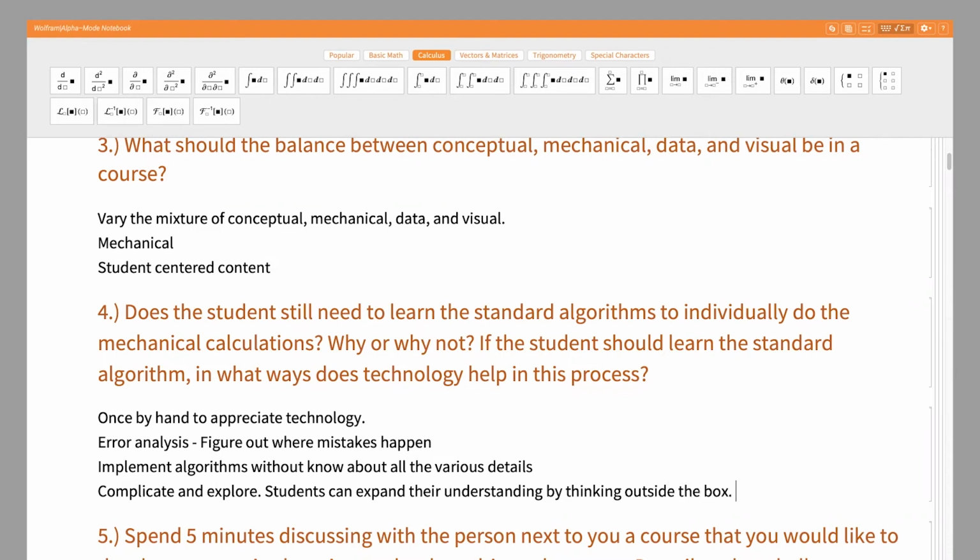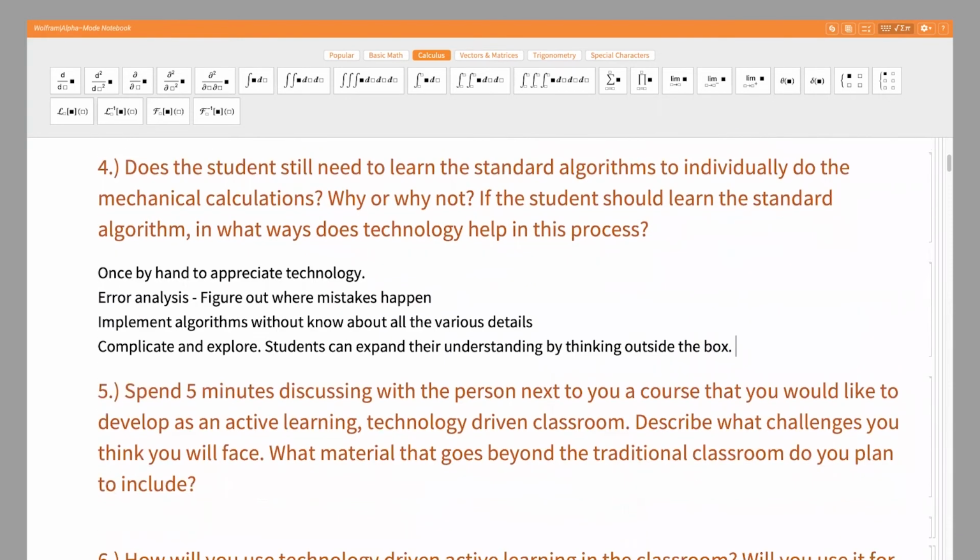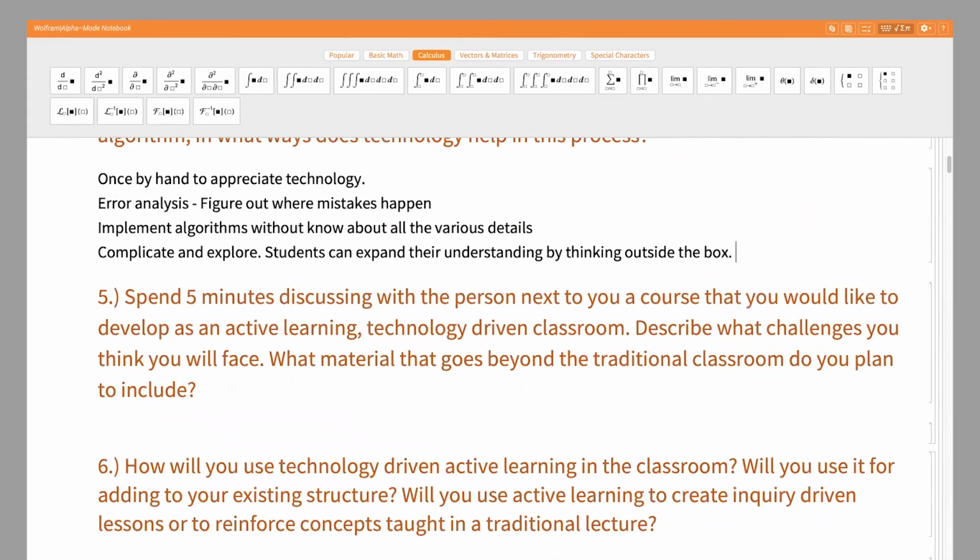Any further thoughts on this? Right, so those are all very good points that are being made here. So we can use technology to both explore and discover new areas, but we can also use technology to help us as part of that development process. So there are actually abilities in the Wolfram language itself to